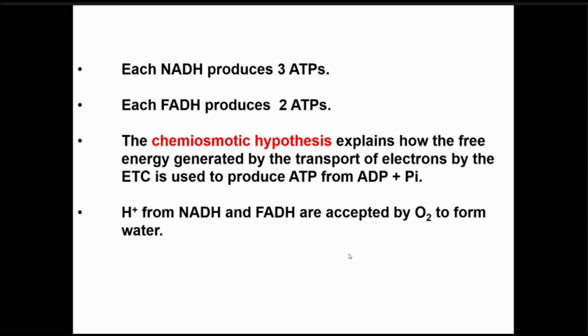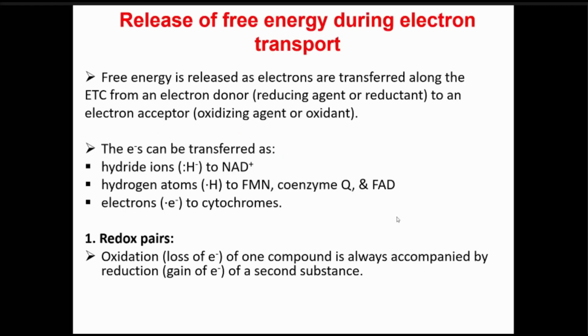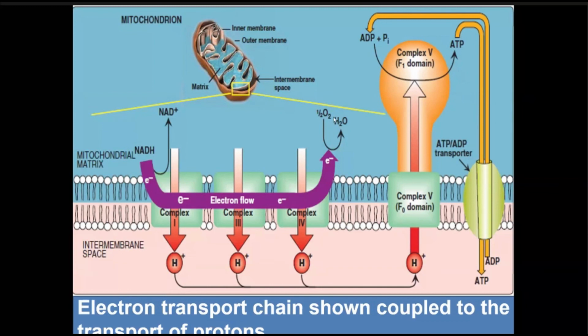So the NAD and FAD... the protons, H plus, from NAD and FAD are accepted by O2 to form water. So these are the details. If someone asks you where the water is formed, you tell him, of course, you get H plus produced here. We will see later. When the electron is moved from one side to another, what will happen? The H plus will go from the matrix into the intermembrane space. And then at the end, if you look here,